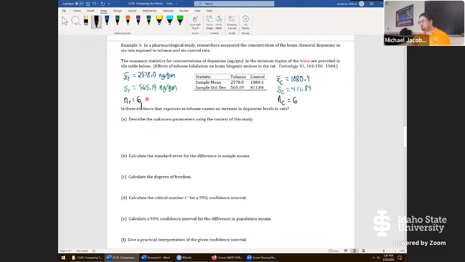Okay. Well, all these problems pretty much go the same kind of way. This time we want unknown parameters, so the new thing is it's plural. And usually this is referring to just our means, mu1, mu2, or mu-t and mu-c. So for this one, we can say let mu-t and mu-c denote the population